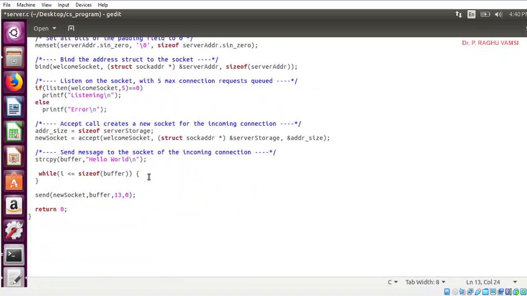So while i is less than size of buffer, then buffer of i is equal to buffer of i exclusive OR key. Buffer[i] = buffer[i] ^ key. So this caret symbol represents the XOR operation.